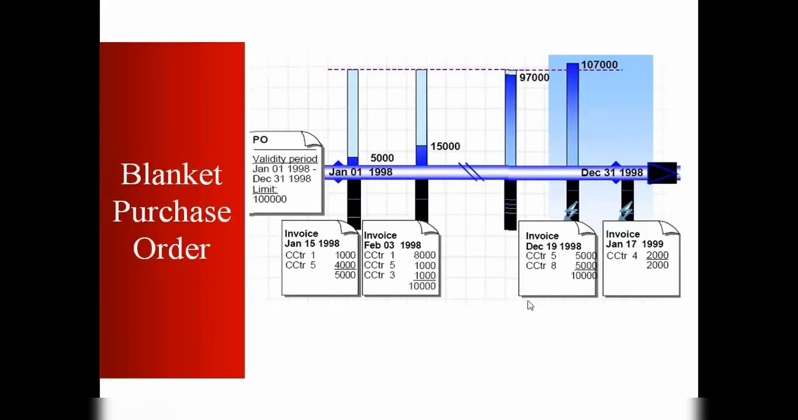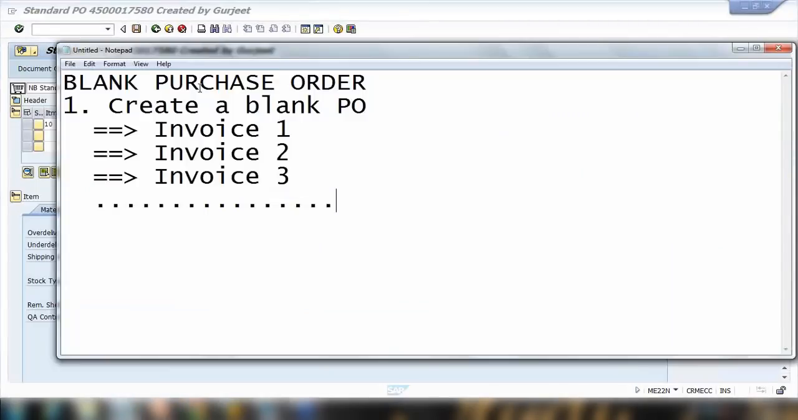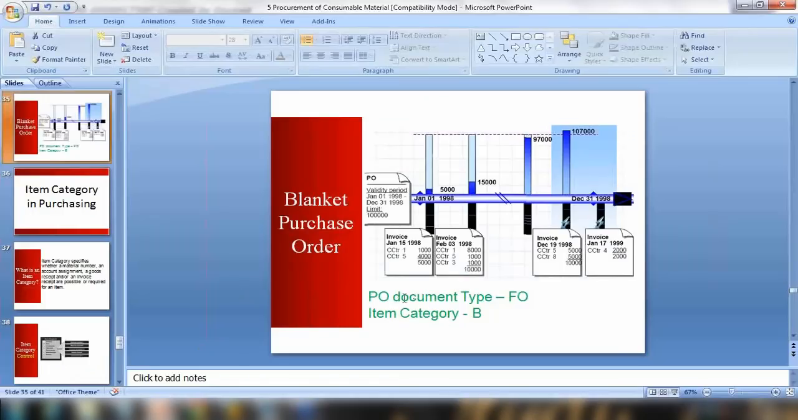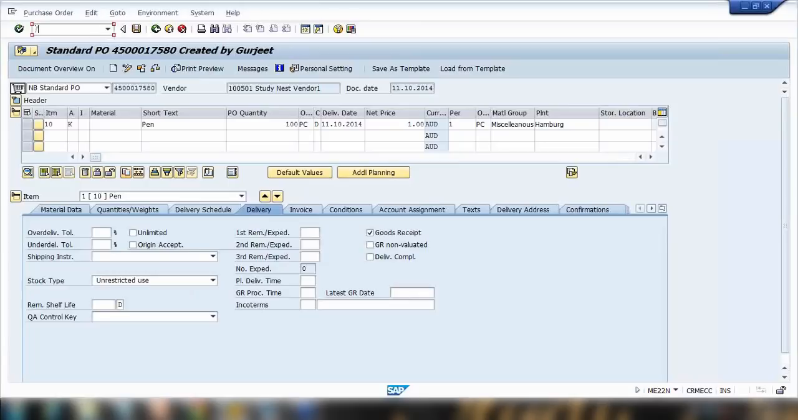So here you can see it has a validity and dollar value. Let me show you some practical examples here. If you want to create a blanket purchase order, the only difference will be here. The document type will be FO and item category will be B. That means go to the ME21N transaction